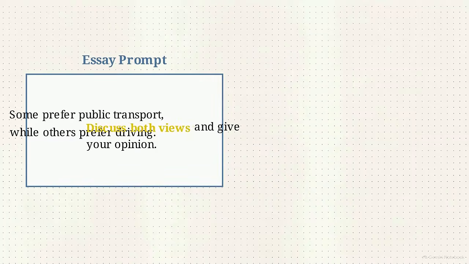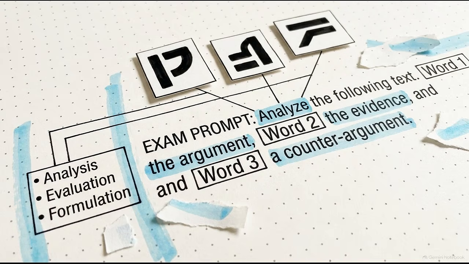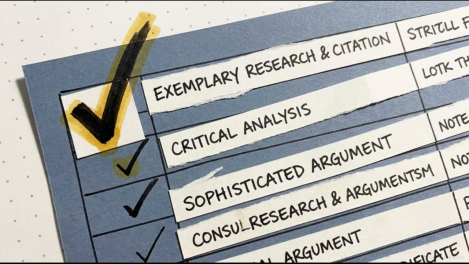To fix this, isolate the instruction words. Identify targets like discuss or both views. Next, map a one-line plan to answer each target directly. Locking on to every specific angle of the prompt is the mechanical requirement for reaching a Band 7 or higher